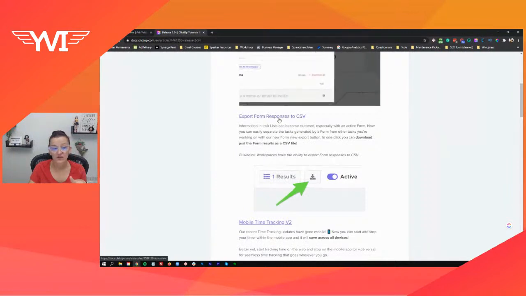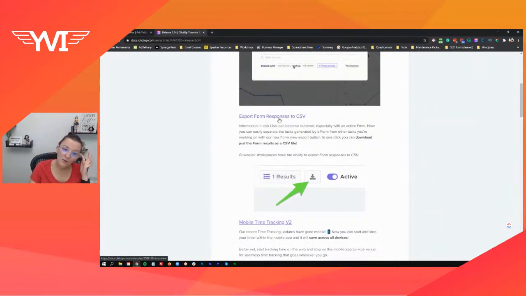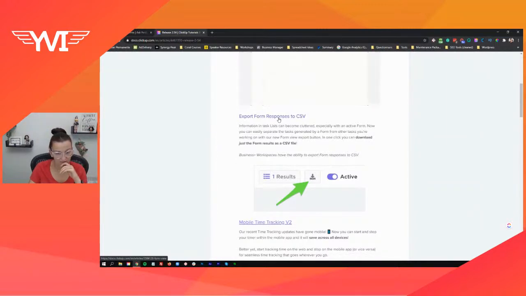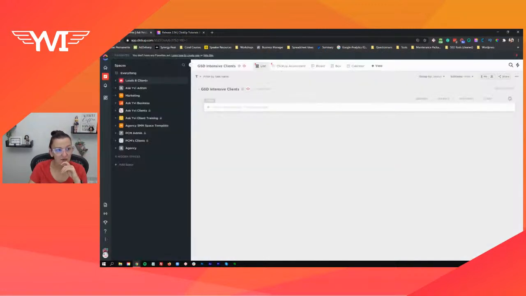This is a nice one. Could have used that earlier. We now can export form responses to CSV, meaning if you are using